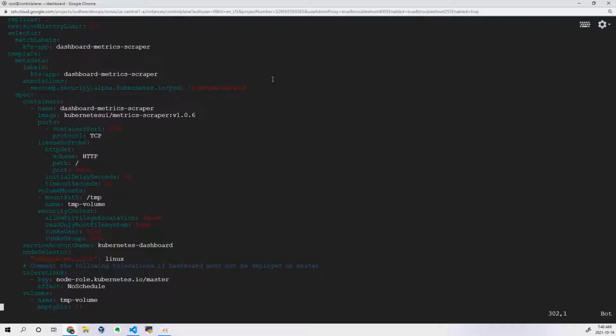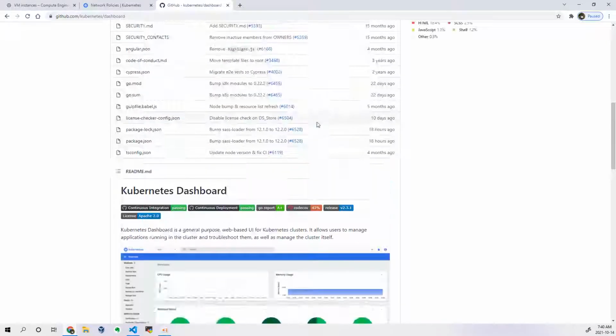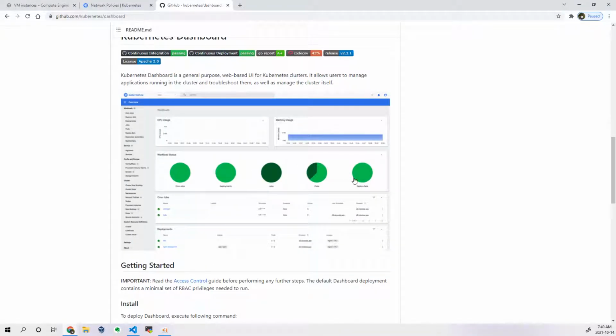Okay, so this metric related information will be collected by your metrics scraper. This component also is needed, then only you will see a dashboard like this. Okay, with these particular pie charts. If not, it doesn't show you this metrics related information, CPU usage, memory usage, this particular workload status and all. This will be collected by your metrics scraper.